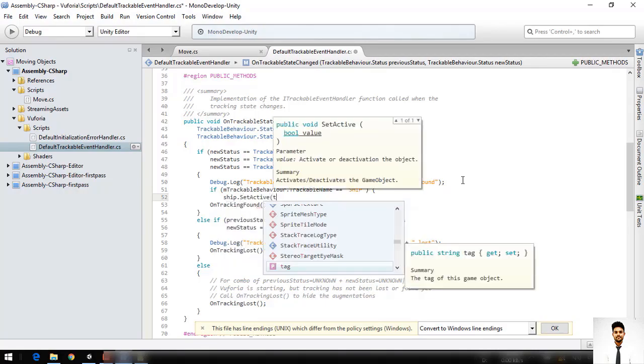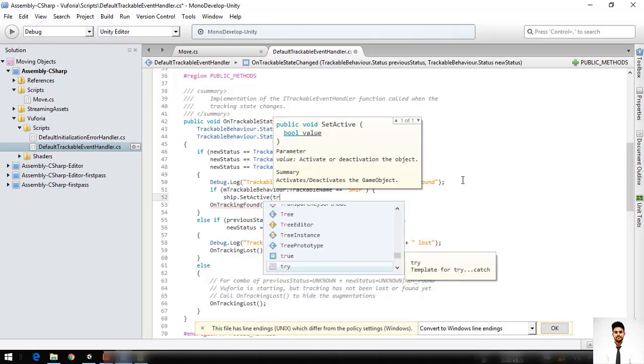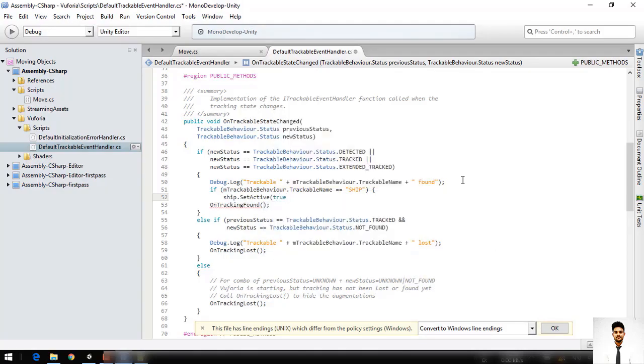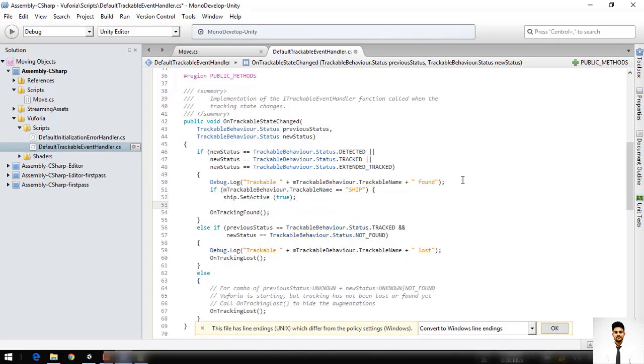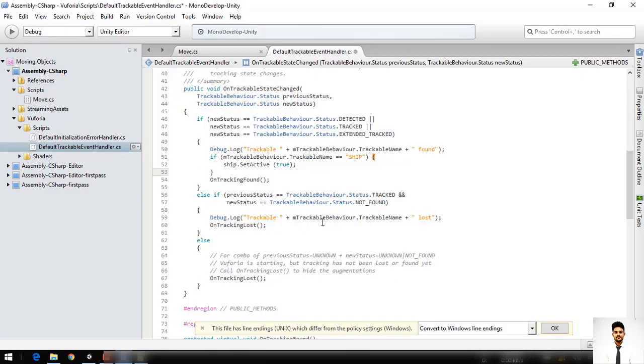Ship.SetActive. Here SetActive is a function, a method for the ship object, which is used to make the object visible or invisible. SetActive actually makes it visible. Yeah, let's close that. Okay, everything is fine.